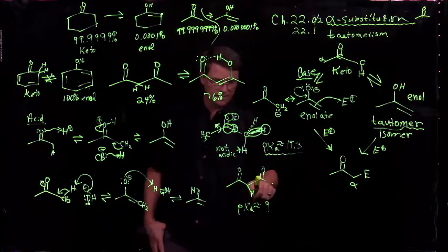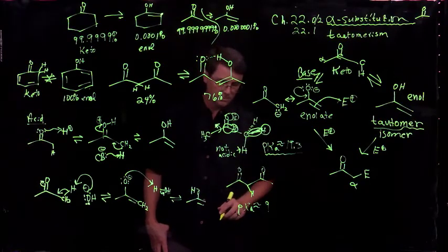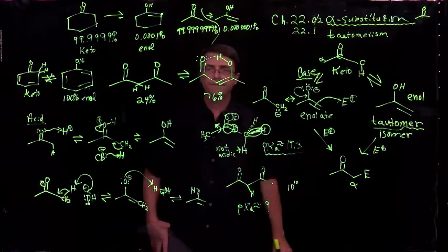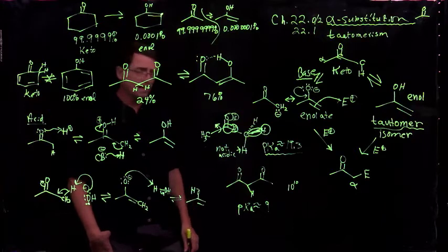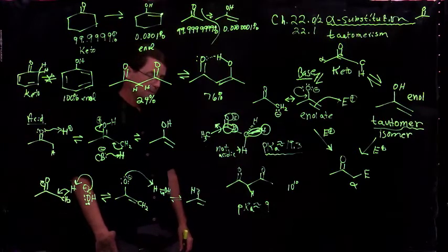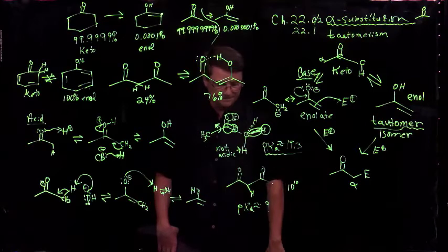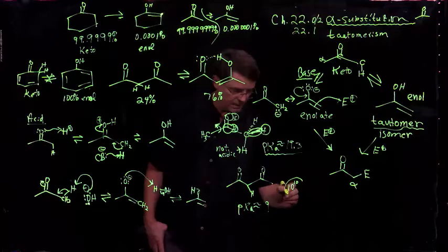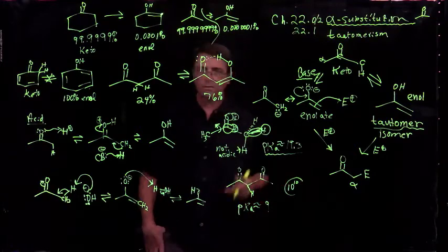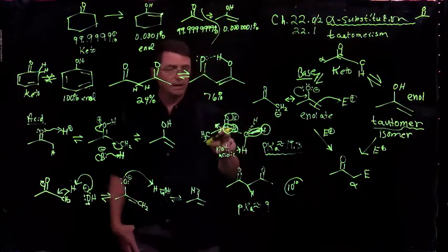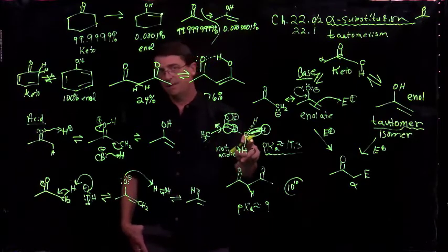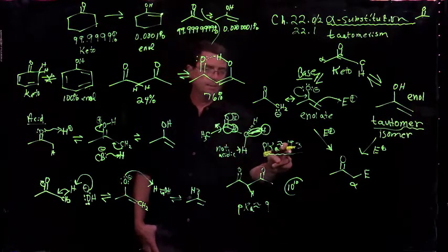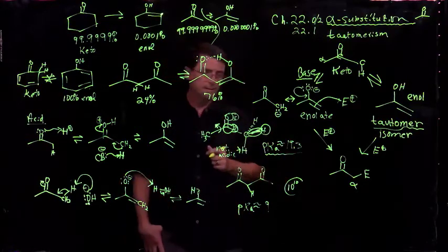Okay, so acetone, right, was 19.3. I replaced one of the protons of acetone with another carbonyl group, and the pKa goes down by 10 to the 10th, right? That's 10 to the 10th more acidic, because remember pKa is the negative log of the Ka. So that's a massive change in acidity. But of course, not nearly as much as going from hydrogen to ketone, right? Methane is a pKa of about 50. We replace one of the hydrogens with a carbonyl and it goes to about 20. That's about 10 to the 30th